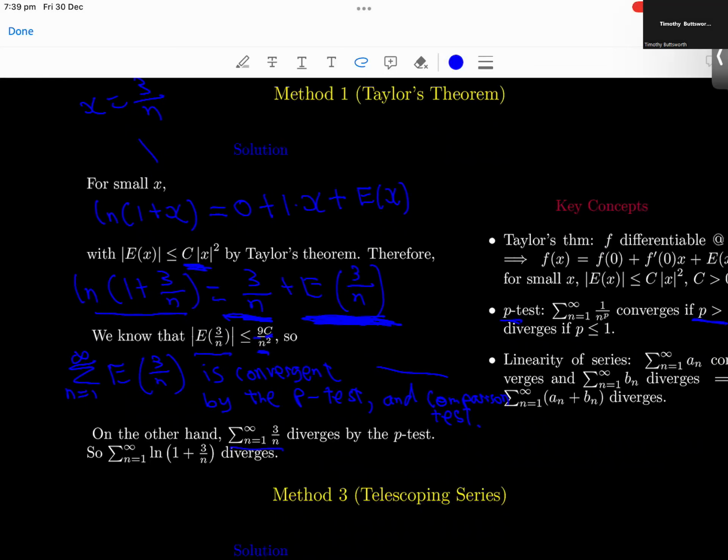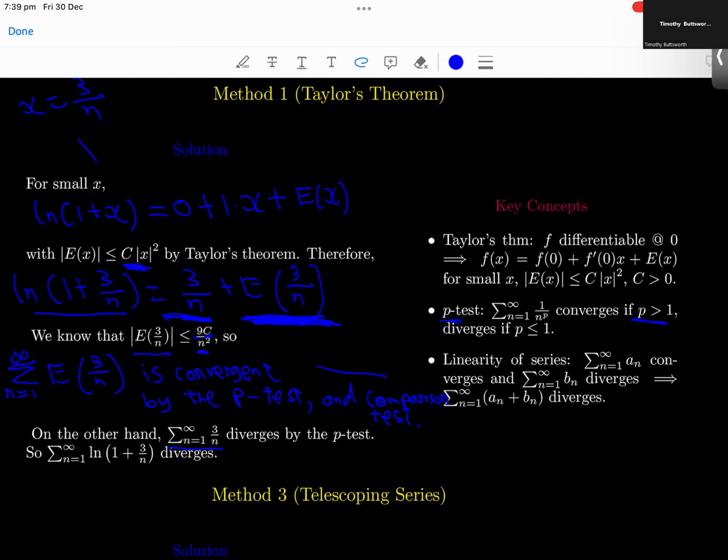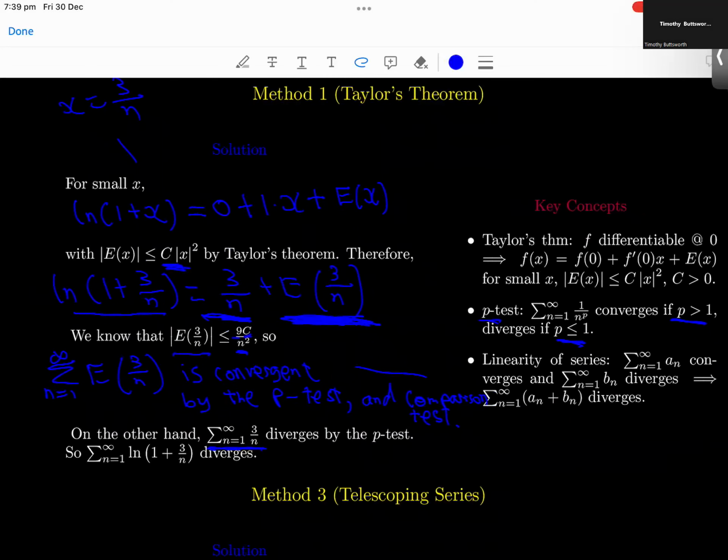The sum from n equals 1 up to infinity of 3 divided by n. Well, again, we can just use the p-test. The p-test says that we get divergence if p is equal to 1. And so that means this thing diverges. So the sum we're trying to deal with, the sum of all of these terms, ln of 1 plus 3 divided by n, is equal to the sum of something which has a divergent sum as well as a